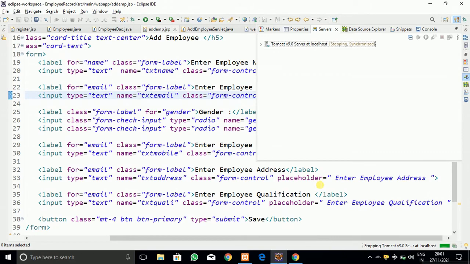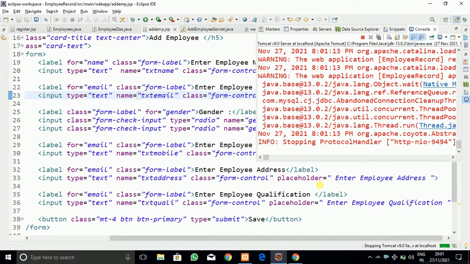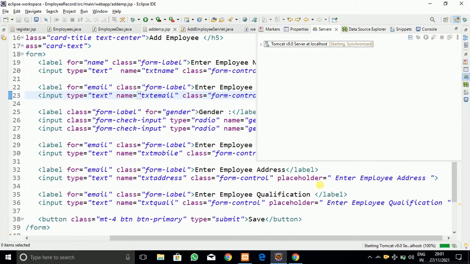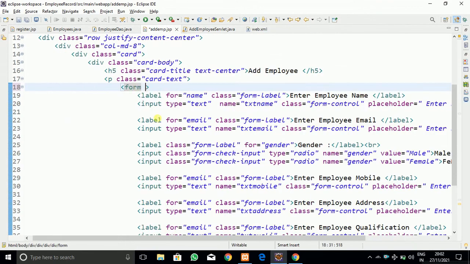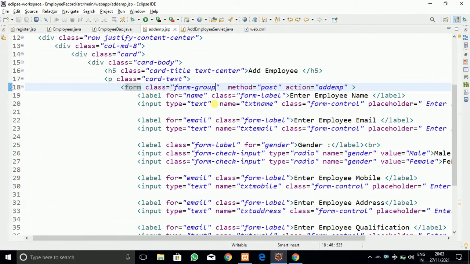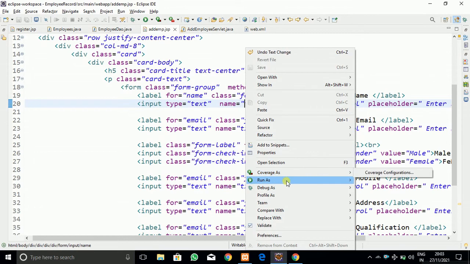Let me run this form and let me see. While running this, as you can see, the form will appear. You can see that into the form tag you have to write the action attribute, and into the action attribute you have to give add emp, and the method of the form you have to write before running it. As you can see, method equal to post, as we have accepted the data from the post method, which is the secure method. So we have got the action, and also we got the method.